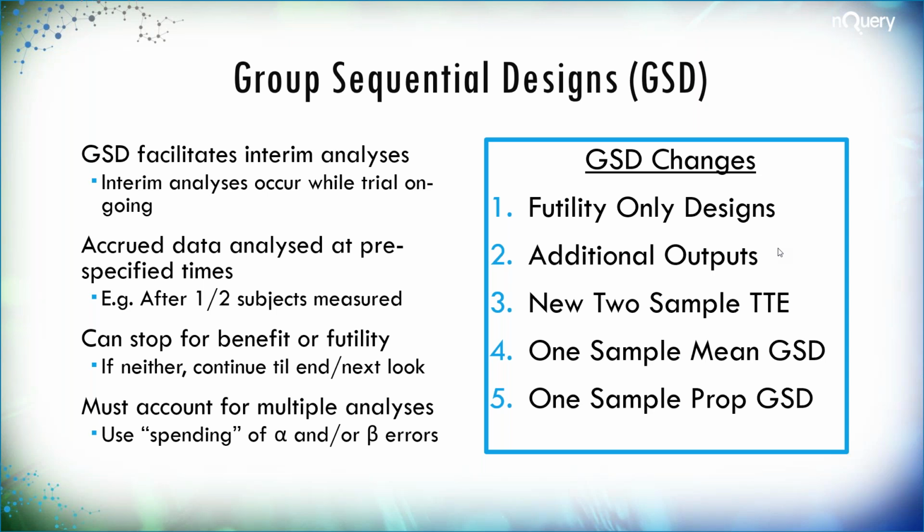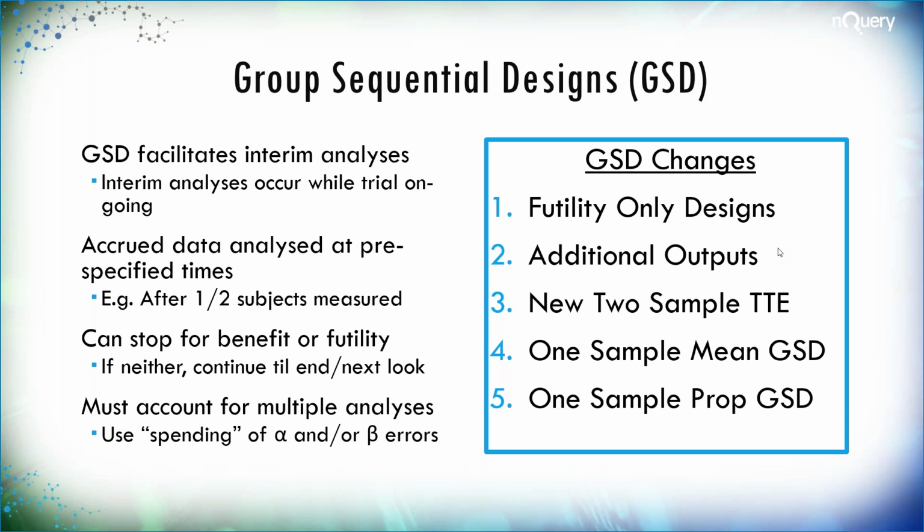It's really just an extension of the group sequential design. So the group sequential design is one where you're doing an interim analysis at a pre-specified time, say halfway through, and you're making one of at least two decisions: to stop the trial early, say halfway through, for benefit or futility, when the evidence is really strong for or against. And the way that we adjust for the multiple analyses in the group sequential design is by basically